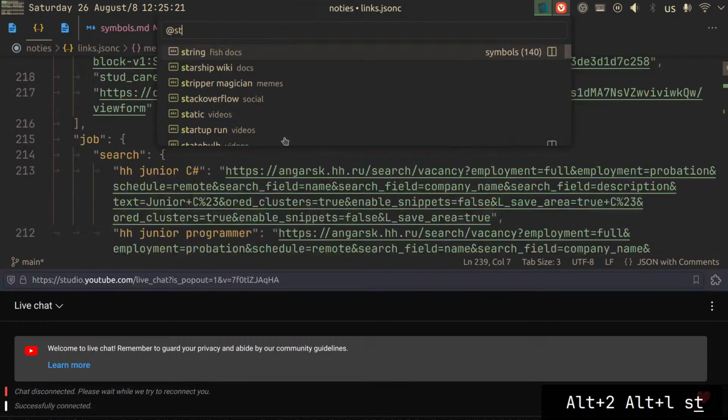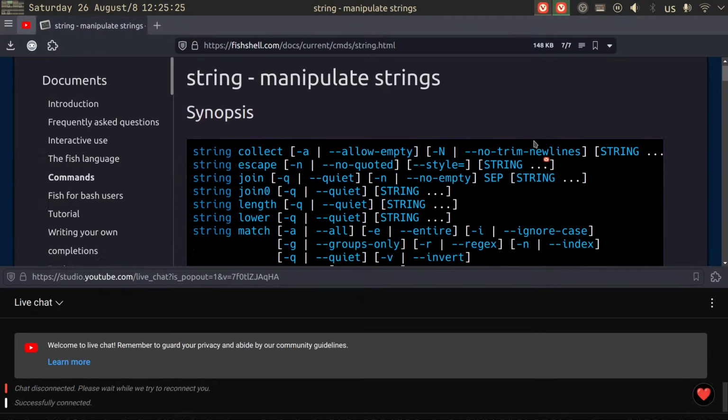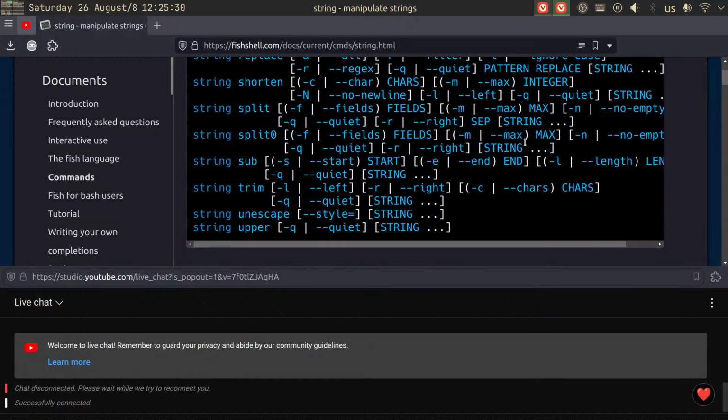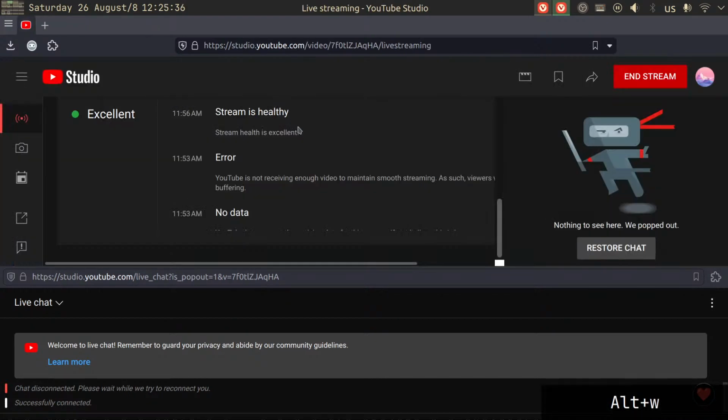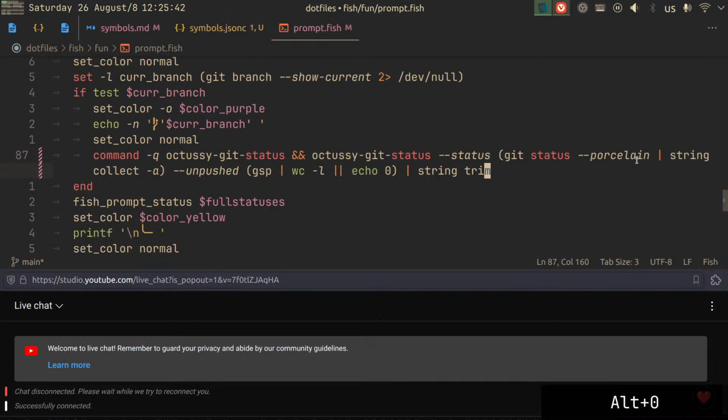Is that enough? String. Let's read the docs to make sure we can just say trim and it be understood. Is trim even a thing? Yeah, it is. Okay, so we don't have to specify anything. It will automatically trim white space from both sides, which is very convenient. Now it is automatically going to be trimmed,